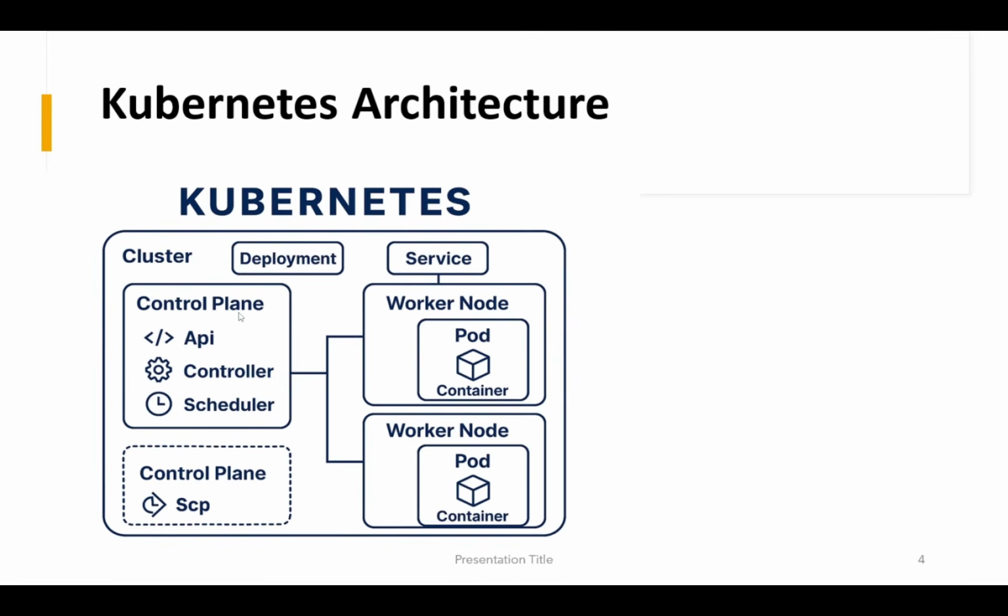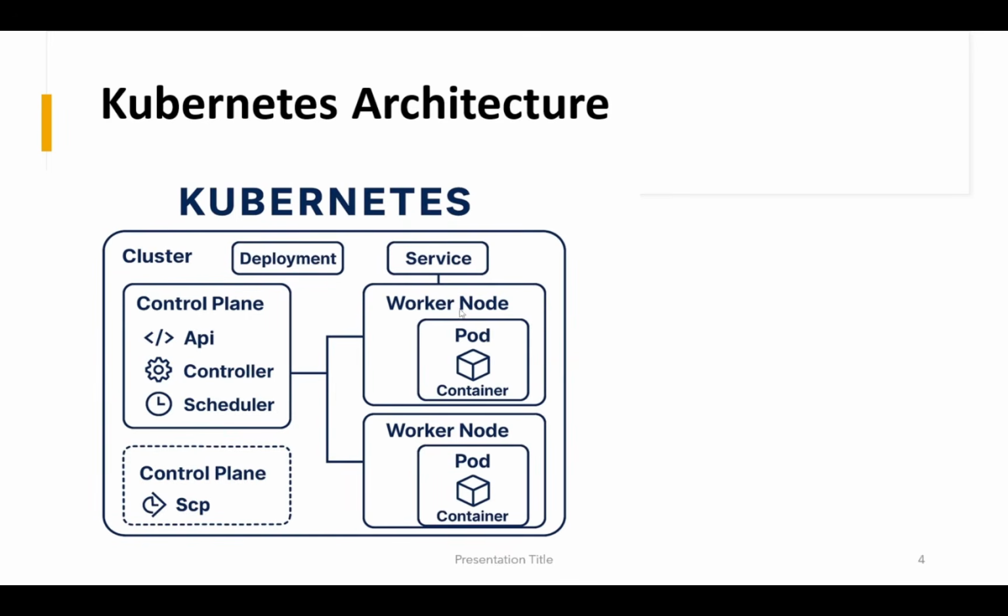Next, we have the control plane. It is actually the brain of the cluster. It makes decisions about scheduling, scaling, and responding to failures, right? It has some key components like the API server, controller, and scheduler. The API server is actually the front door to Kubernetes. All commands like kubectl go through here, and then the scheduler decides which node should run a new pod, and then the controller manager ensures the desired state, I mean restarts failed pods, right?